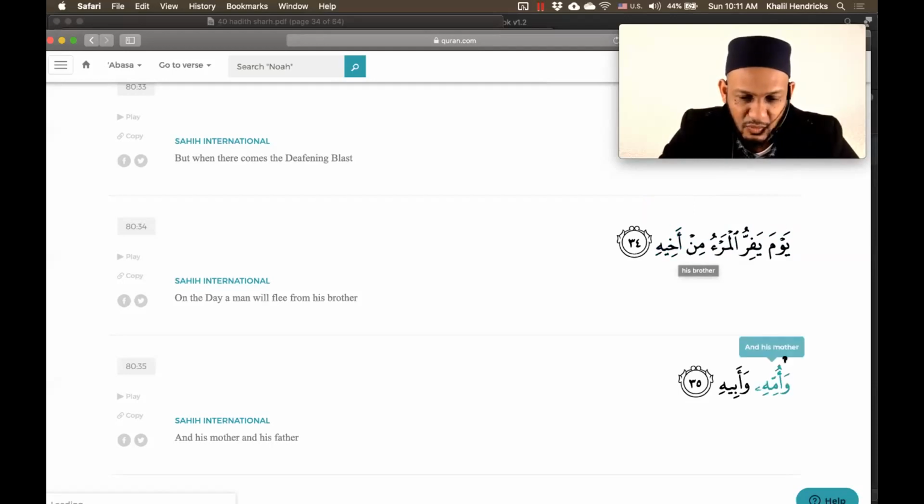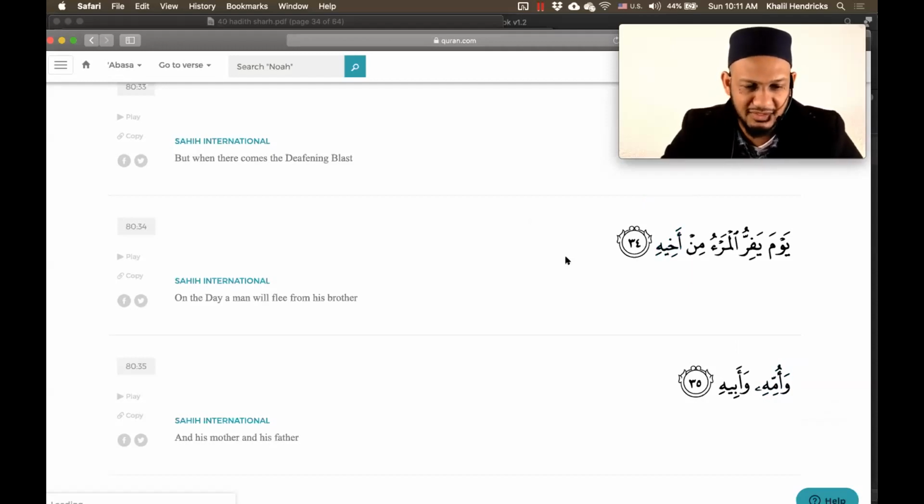Next verse, wa ummihi, and his mother, wa abihi, and his father. So what's happening is that min is a harful jar. The akhi is an ismul majroor, and that wa is following that ismul majroor. We haven't done this before, but that's why it's in jar. It's not because the wa is an oath or harful jar. It's a wa of conjunction, which basically joins it to the previous ismul majroor. But we haven't done it yet. We'll do it next year, inshallah.